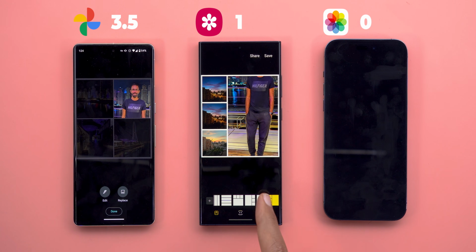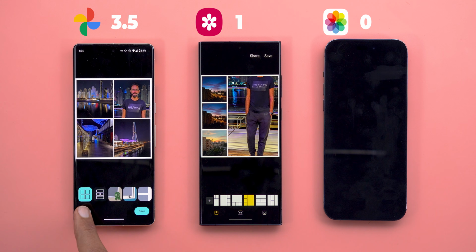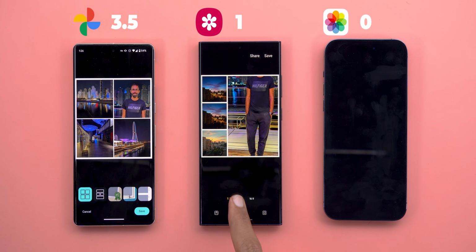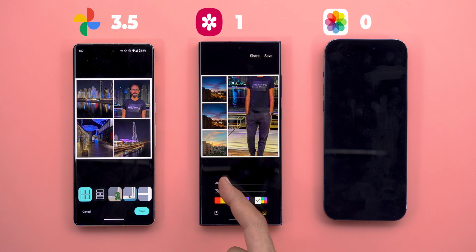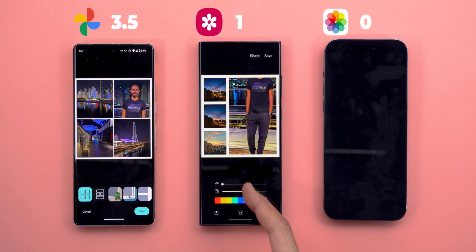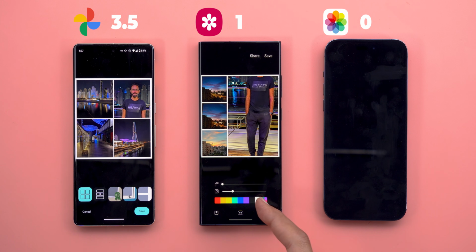When it comes to the number of layouts, Samsung Gallery has the edge because you have much more to choose from, while on Google Photos it gives you few of them based on how many photos you selected. Samsung Gallery also has 2 more advantages, which are the ability to choose a different aspect ratio, and in this case I have 3, plus you can adjust the curvature of the frames or the padding the way you want, plus you have here the ability to change the